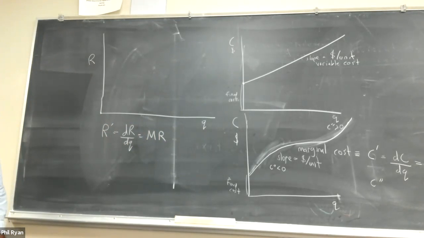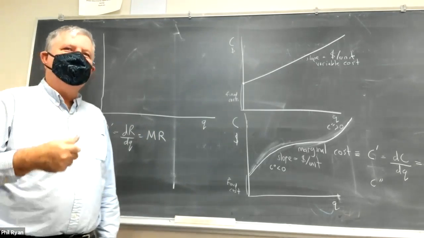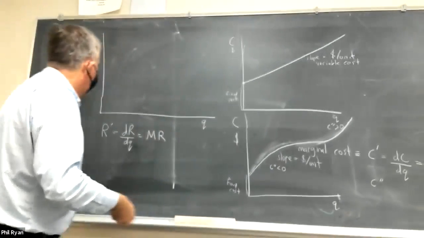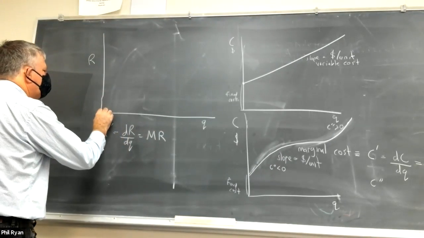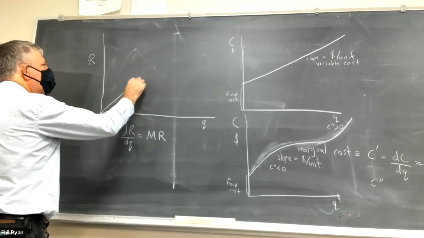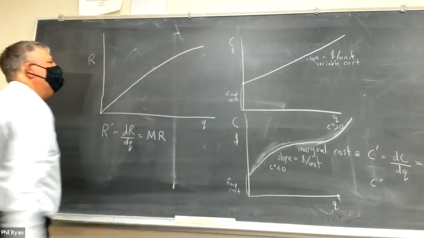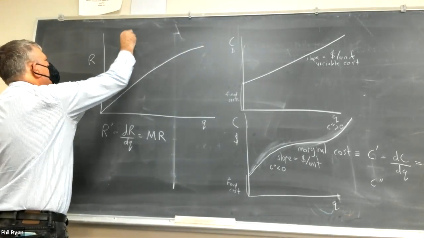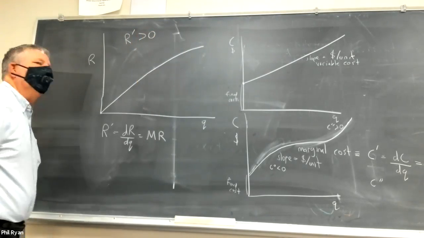What do you expect marginal revenue to be? Positive or negative? Positive, right? You expect it to be positive, like you sell stuff, you expect to get money. So we expect the curve maybe to look a little bit like this. Okay, so we expect R prime to be positive